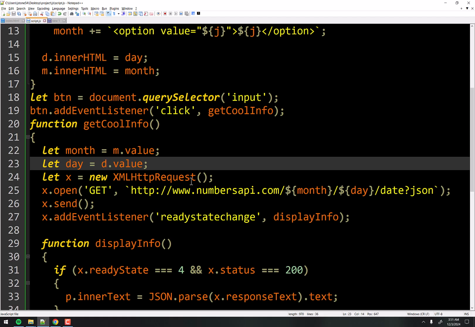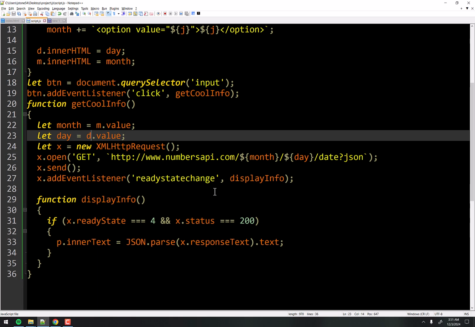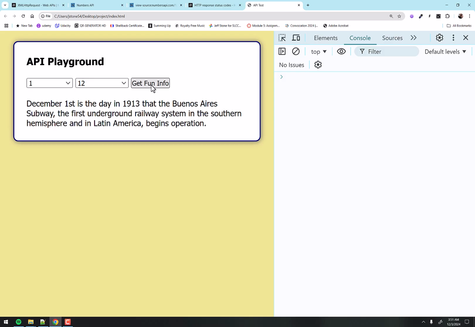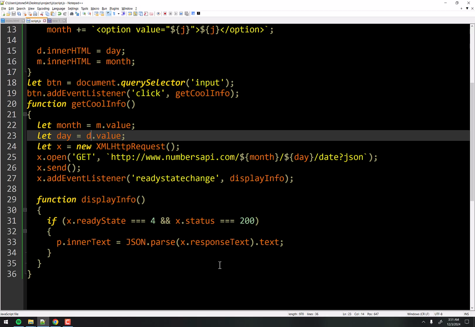So there you go. We have this fully dynamic app here where the user can interact with it. And notice again, when I click this, the page doesn't reload. This doesn't change, doesn't reload. We're just getting the data directly from the API website. Now let's clean this code up a little bit and do it the way, well, I say clean it up, but it's going to look messier. But this is the way you'll see it in the real world.